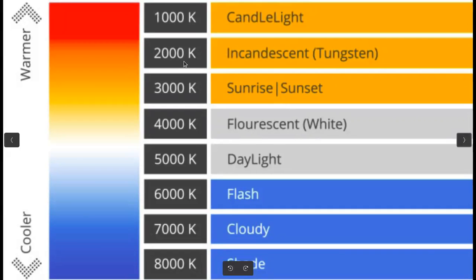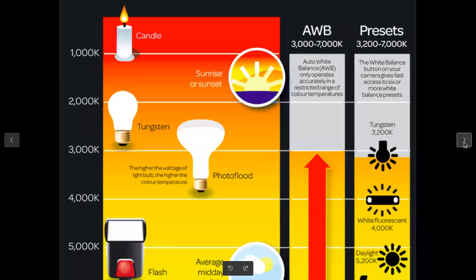It is expressed in terms of Kelvin. And what is the objective? Because human eyes are intelligent, they can differentiate between the white and any extra color cast, but digital cameras cannot. So how to negate it? With the help of different types of modes that are available. Depending upon the situation, you have to select the appropriate mode so that whatever external color cast is there will be removed by the camera itself. So that was the objective for white balance.